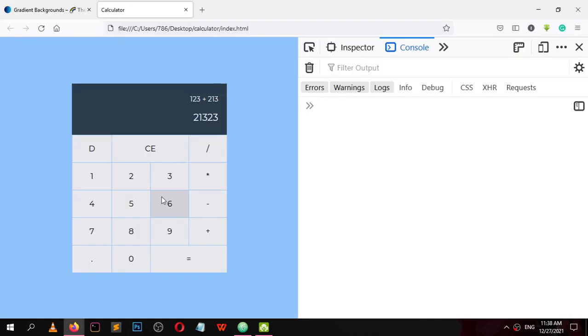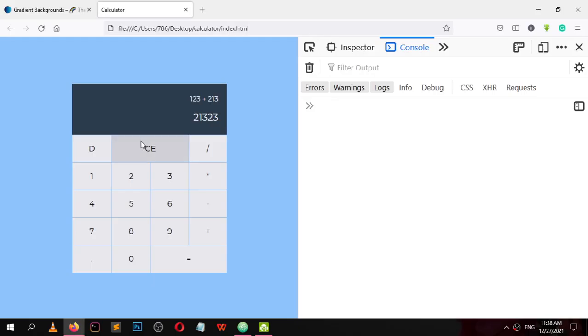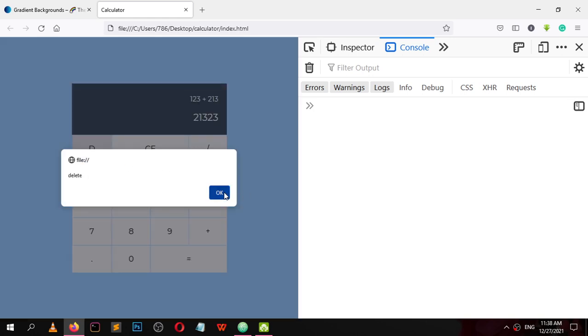Reload. Whenever I click on any button, we are now checking if the button has a class name that matches the string delete. No button has the class name delete, so nothing happens. As soon as I click on this button, it will alert delete.